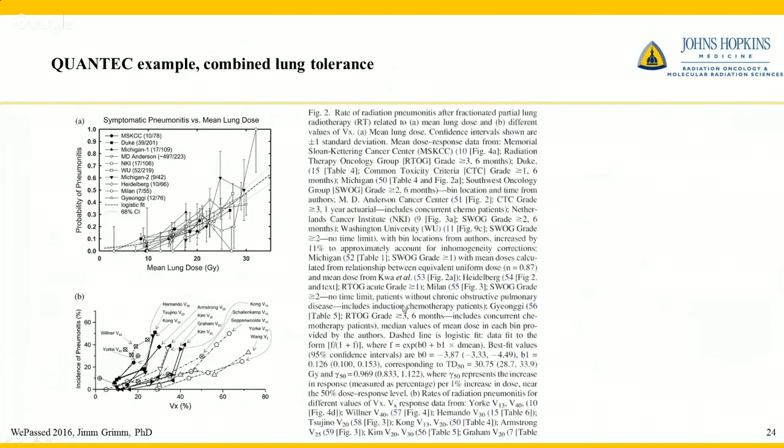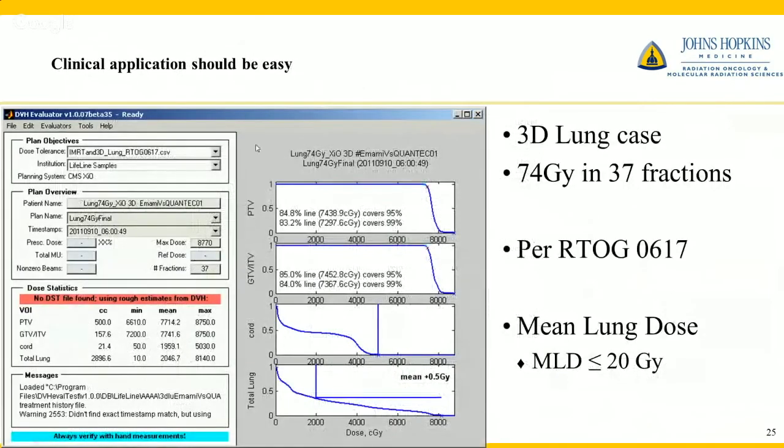And just from the caption of the figure, you can tell the level of detail. Who in the world ever would have a caption that goes over into the next column of the journal? It's an intensive amount of detail, a lot of data. And so you see the whole spread, the trends, and then an aggregate. So mean lung dose of 20 gray, for combined lung, you can see it's around 20% risk level. And so then, instead of just saying the mean lung dose ought to be 20 gray, now you can associate the risk level with that. And so you have a better idea what the outcomes for your patients are going to be.